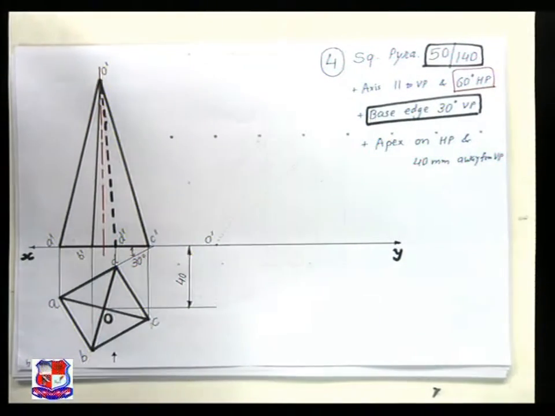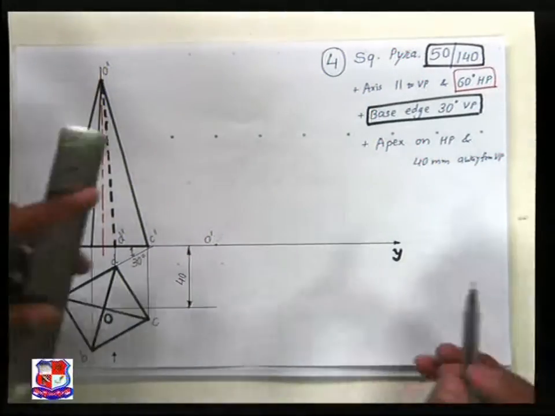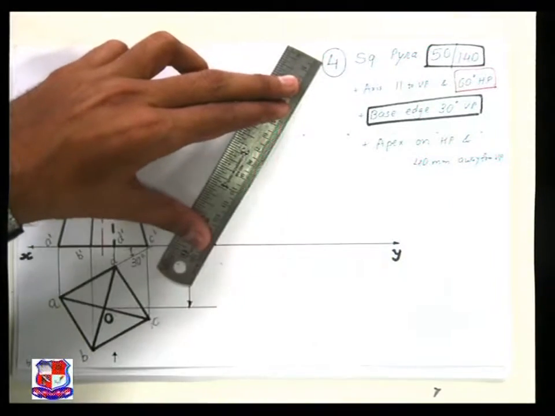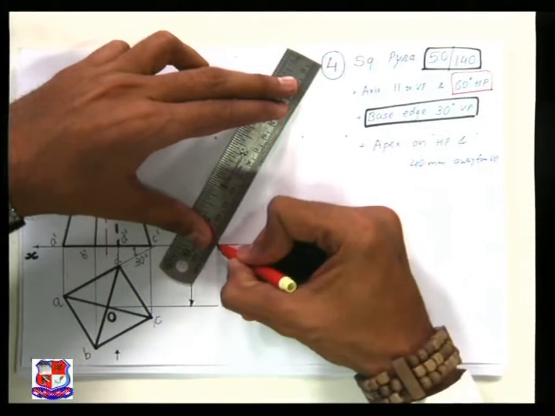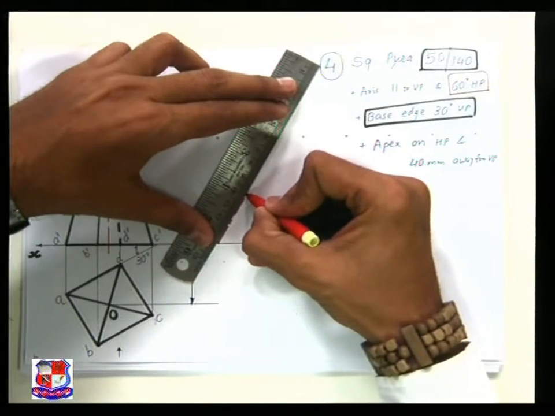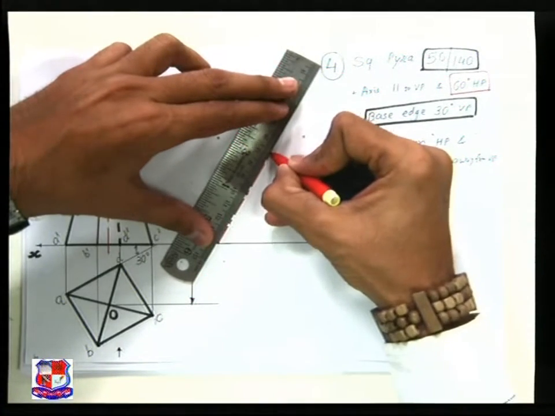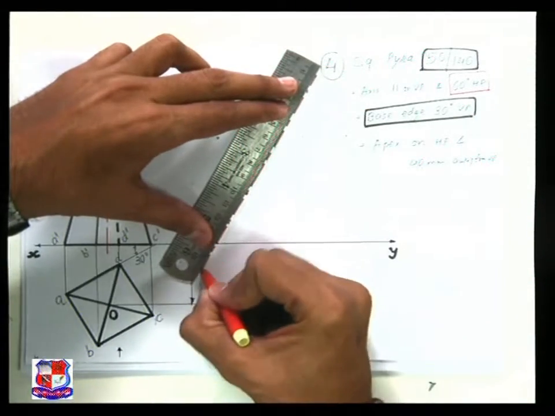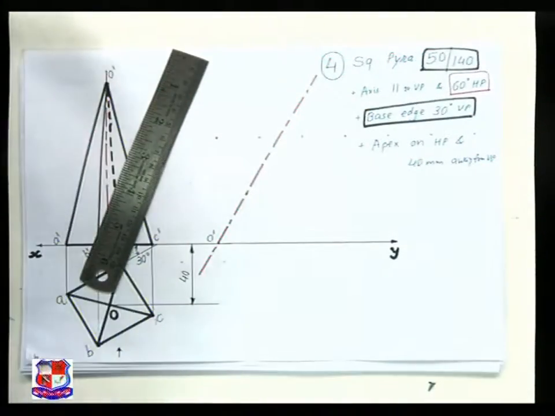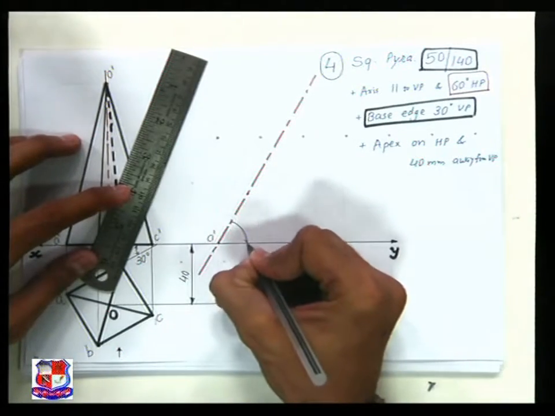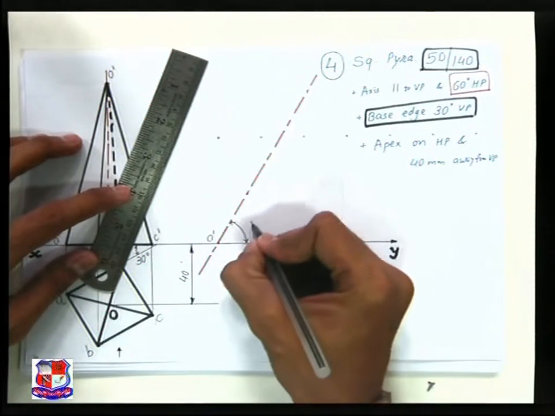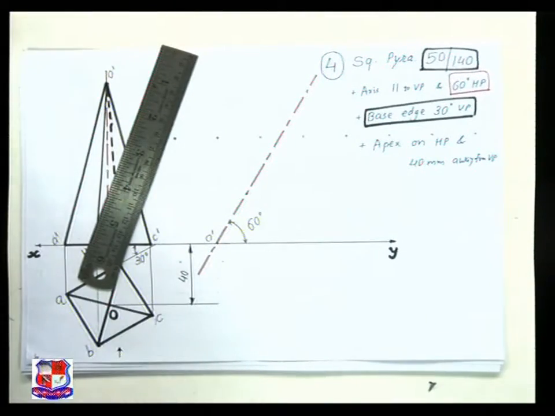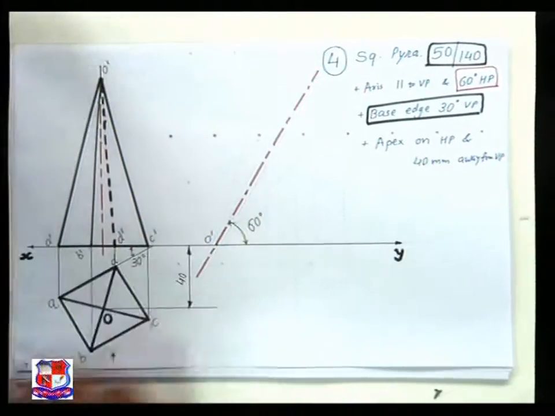Now we have to draw a line at an angle of 60 degree with XY line like this, and this is the axis of this solid. This is the axis having one long dash, one small dash, right? And this angle is, as it is given in the data, 60 degree, and this is apex point O dash. Now measure the distance from this front view